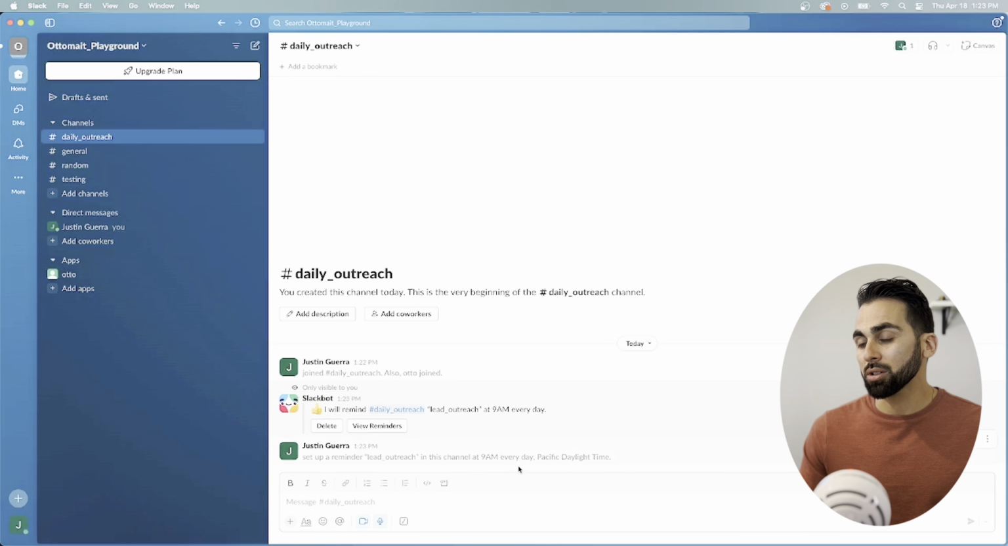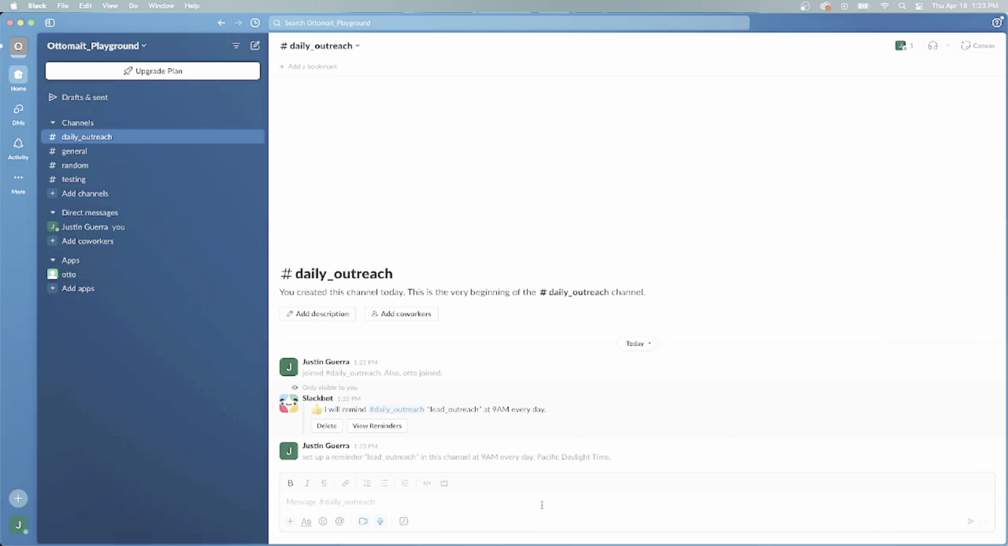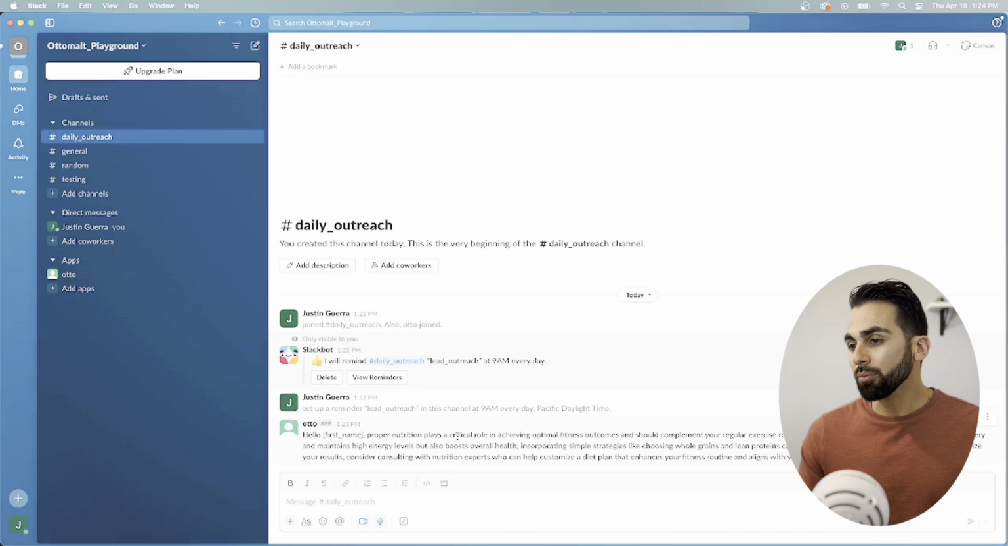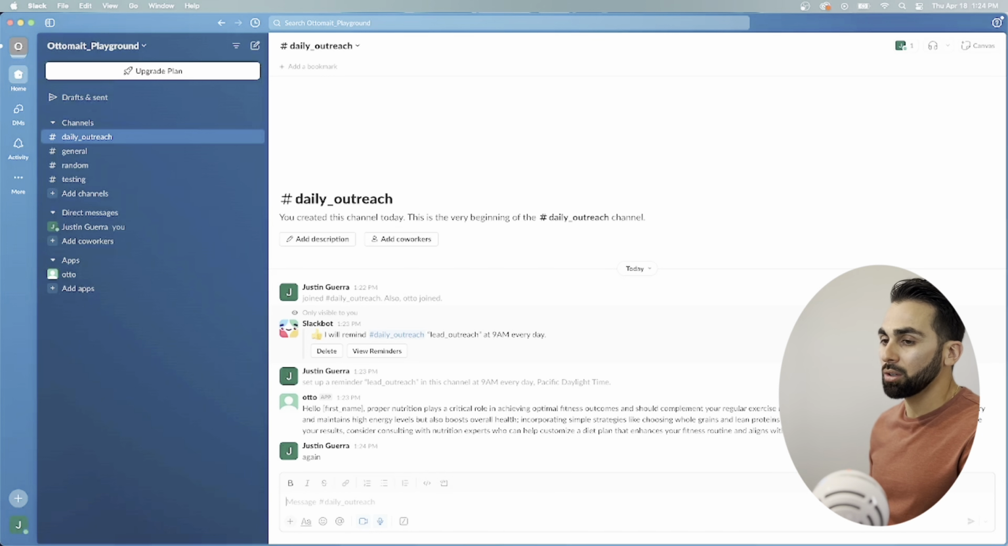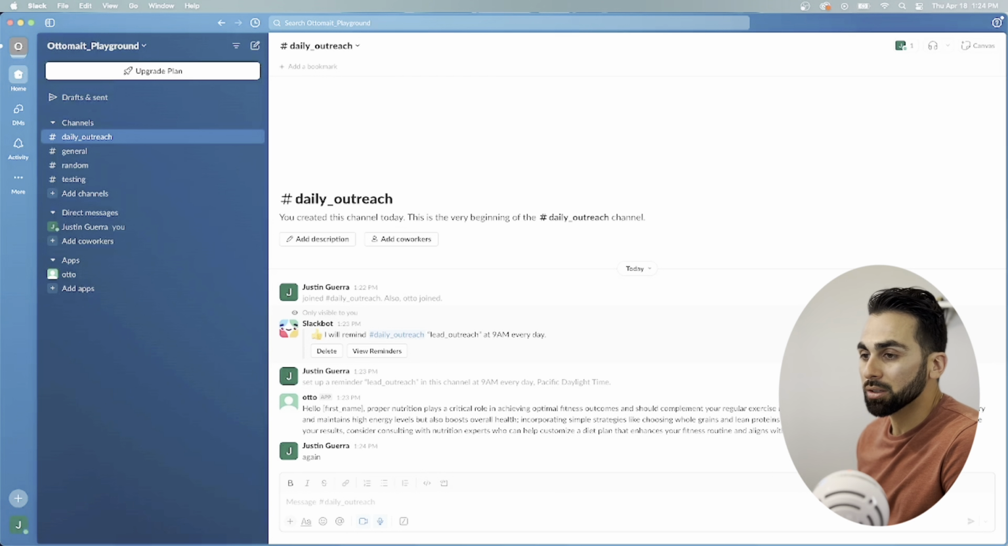And then that should actually kick off our bot to create its first message. So it starts out talking about proper nutrition plays a critical role in achieving optimal fitness outcomes. See what it does if we just say again. We can basically say anything at the moment. In later videos, I'll show you how we can actually specify that when a certain text is mentioned, it will trigger the bot. But right now it's set up to just trigger anytime a message is input in this channel. So our reminder will trigger it no matter what it says, and we can also just trigger it whenever